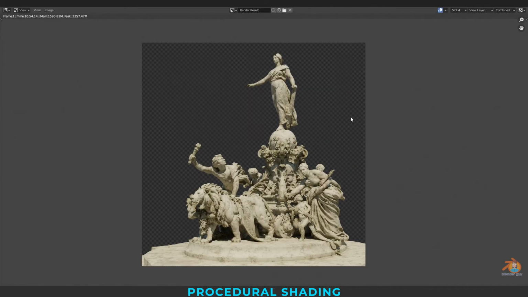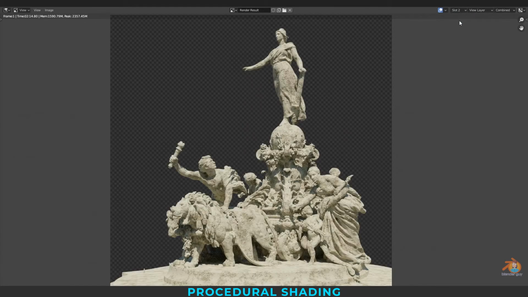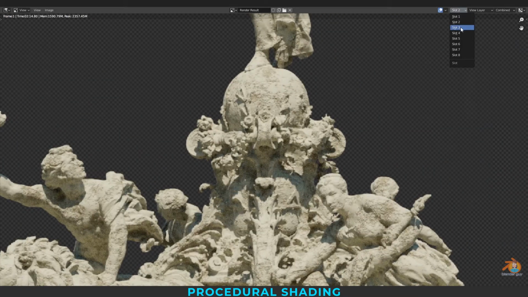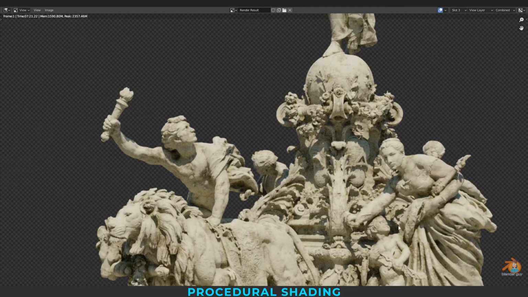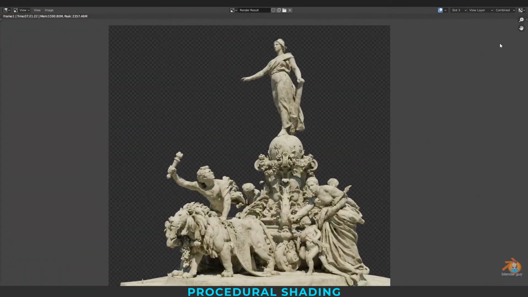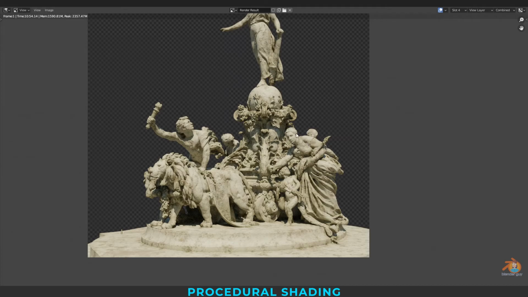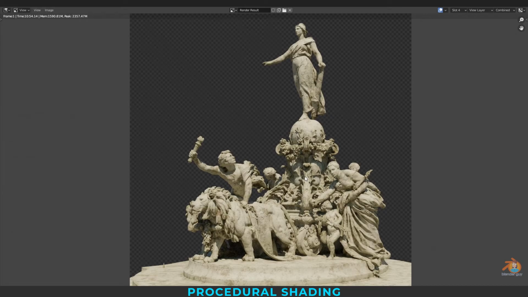So done with the render, and this is how we have started. A basic color, and this is our base material, and we have added the occlusions and also a few other patches of dust layers. And there is much more to do in this. This is like a basic procedural workflow and my approach of doing this.